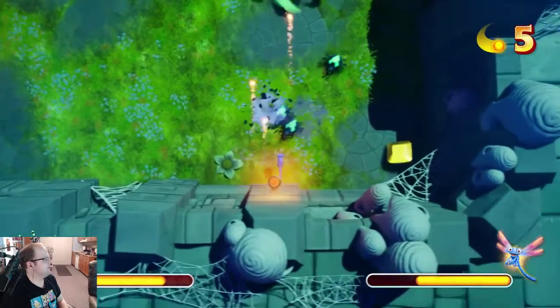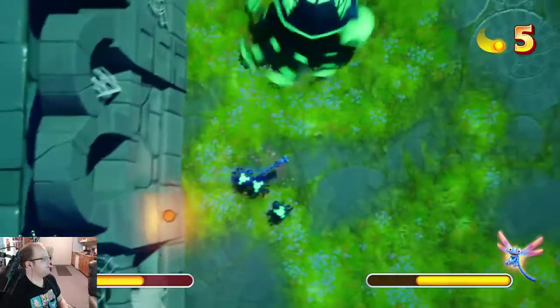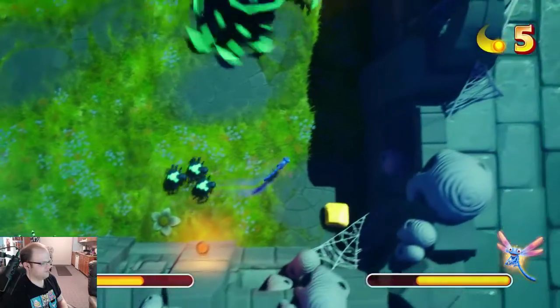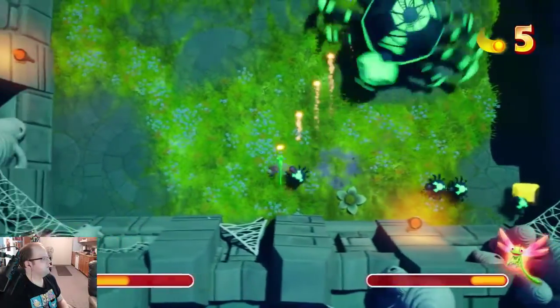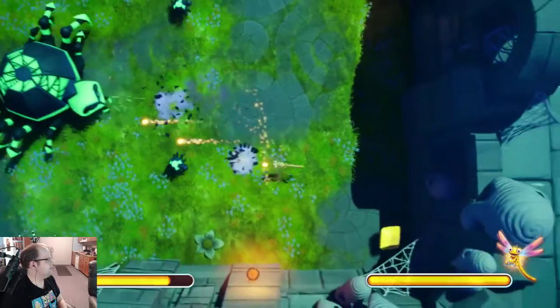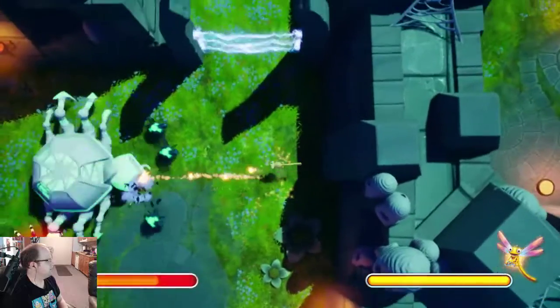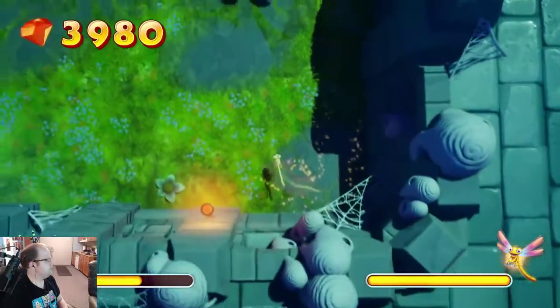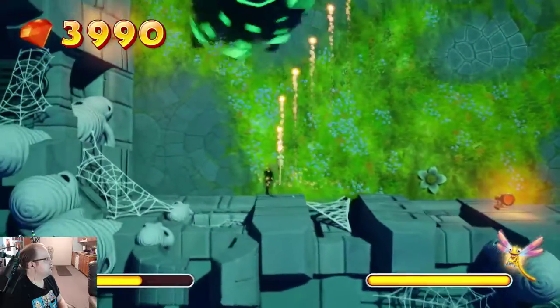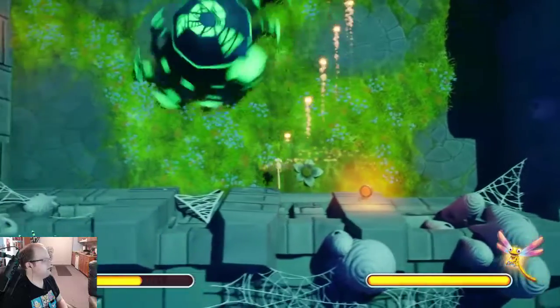Okay, these bugs are getting annoying now. Come on, let me actually attack the boss. Thank you for the host, Steve. I'm gonna die. Yeah, I just died. Holy crap. Let's try this again. Okay, you gonna stop spinning at some point so I can actually hurt you, or...